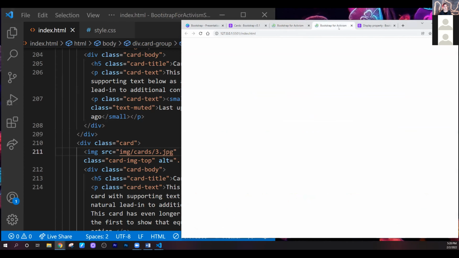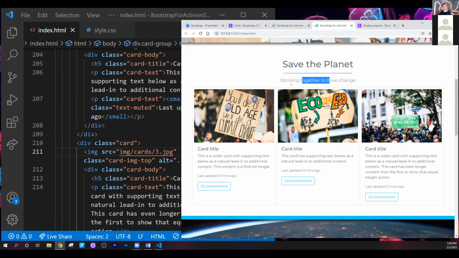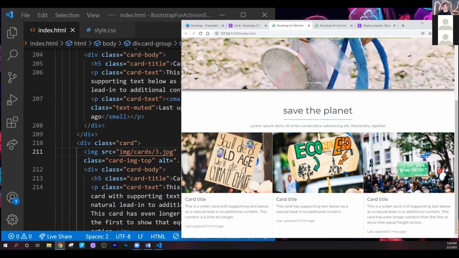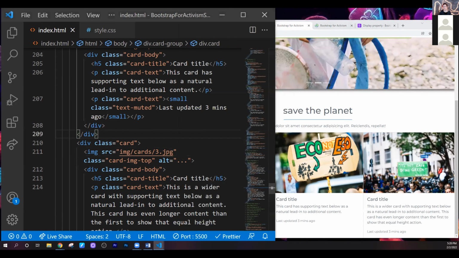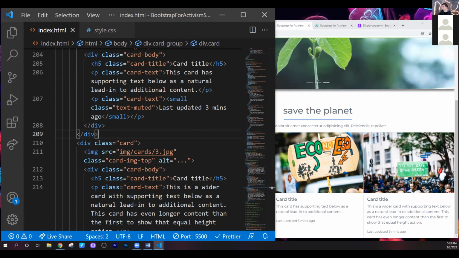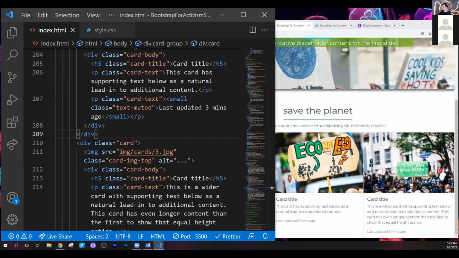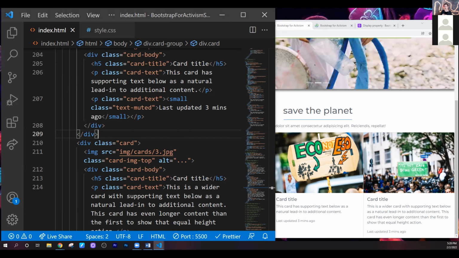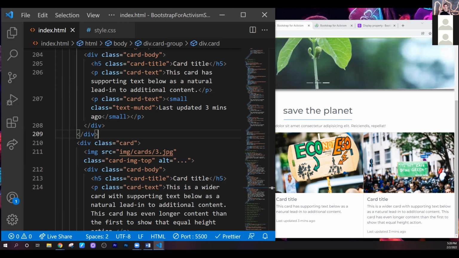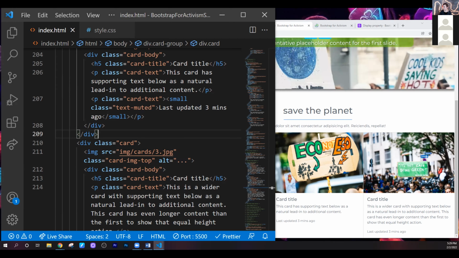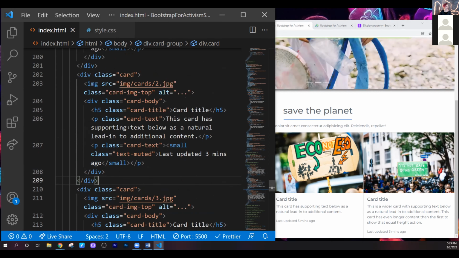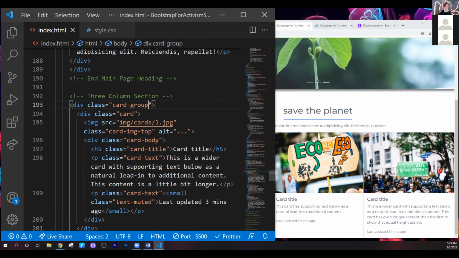There's a few things that I did in this one that make it different, which is I've added padding to different areas in order to give them a little bit more separation. I find it aesthetically pleasing. You can leave them all bunched together like this. All right, so we will add the padding, which we're going to use PX and PB. So PX will be padding on the left and right side, and PB will give us padding on the bottom. And we're going to give that first one, we're going to go all the way up to card group, and that's where we're going to add our first class of PX-5